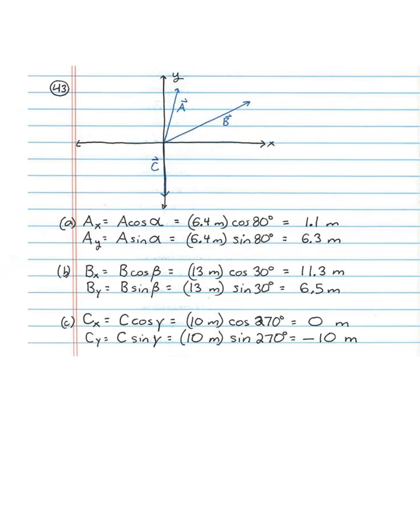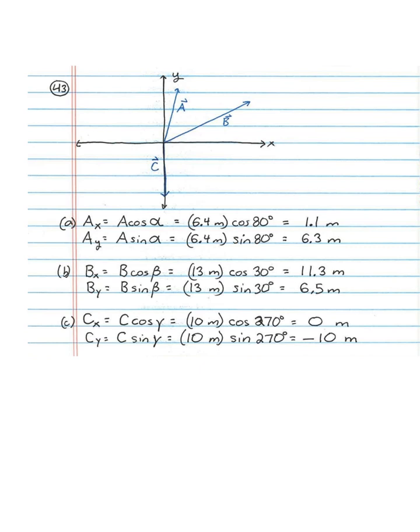For number 43, find the x and y components of these vectors in the xy plane. And so these are new vectors here. It says vector A has magnitude 6.4 meters, direction angle 80 degrees. B has magnitude 13 meters, direction 30 degrees. All right, and then we'll get to C. So with A,